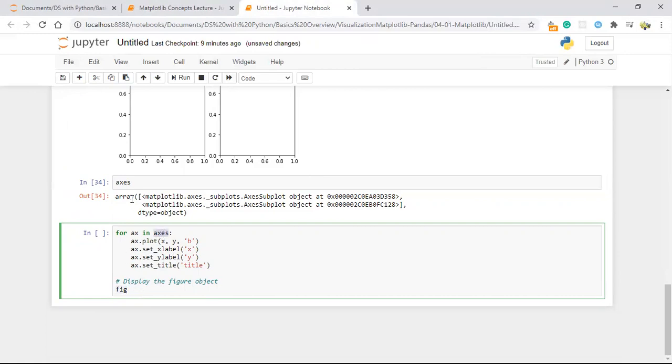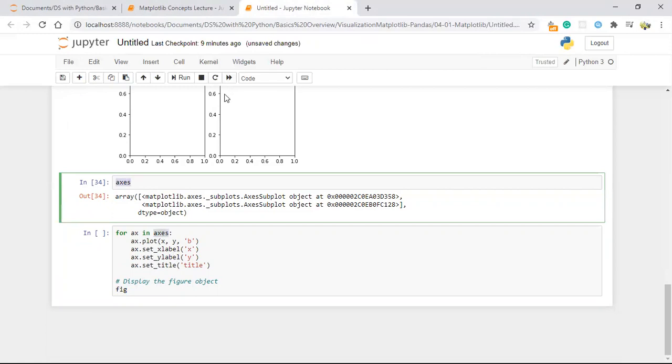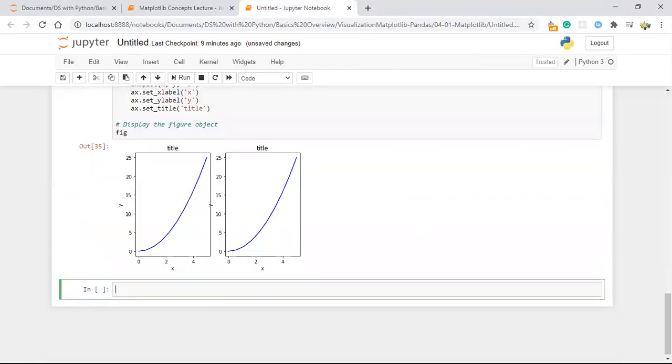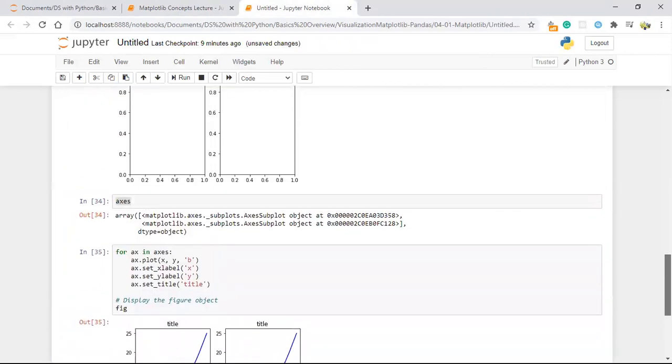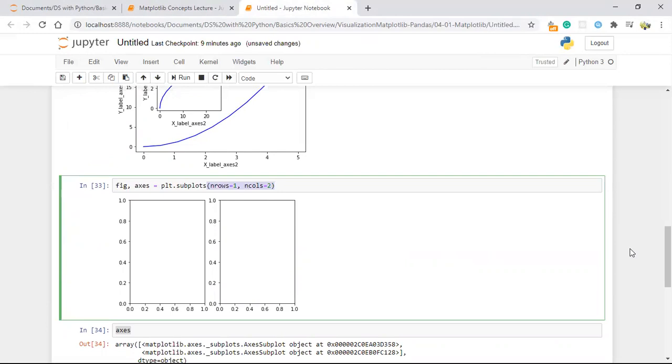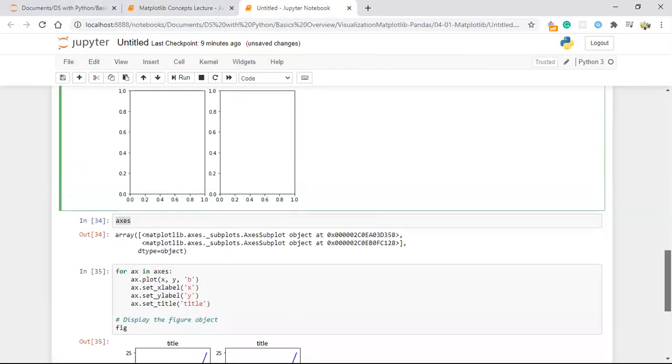So this axes variable contains two subplots, and these two subplots are going to be plotted with this method. That's the concept here. You guys can understand: when I give subplots with number of rows and number of columns, you get output like this, and axes gives you output like this.